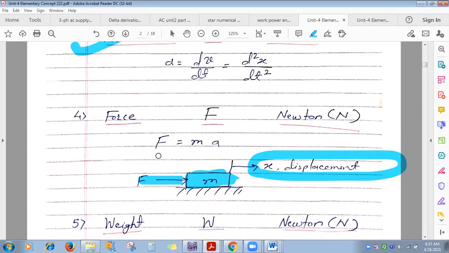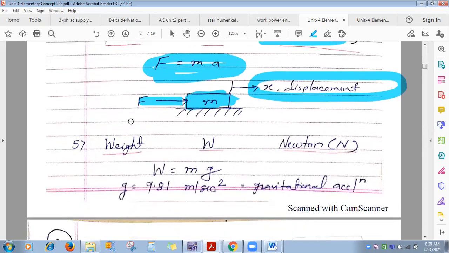Okay. So here, whatever force you apply, F = ma is the formula, and the unit, as all of you know, is the Newton. So how can we define it? 1 Newton is that force which can give an acceleration of 1 meter per second square to a mass of 1 kg. Like this you can define the force.